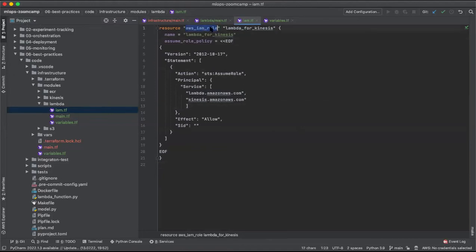So the resource type is AWS IAM role. Initially, when I started with this project, I labeled this as Lambda for Kinesis, but let's just call this IAM Lambda, okay? IAM Lambda